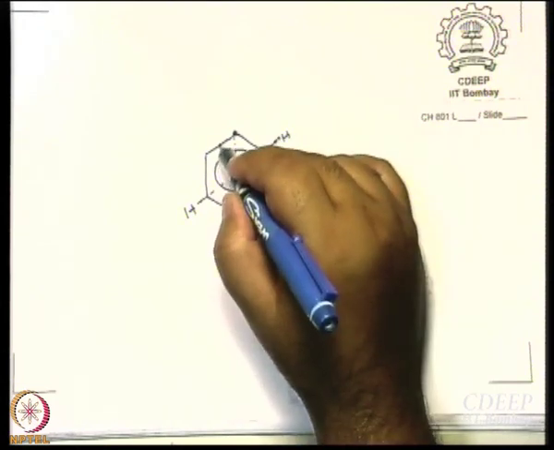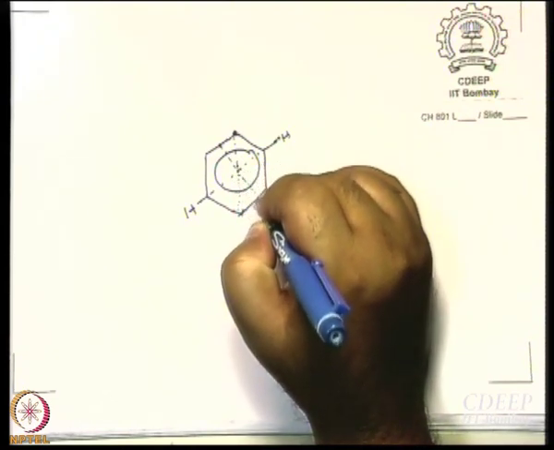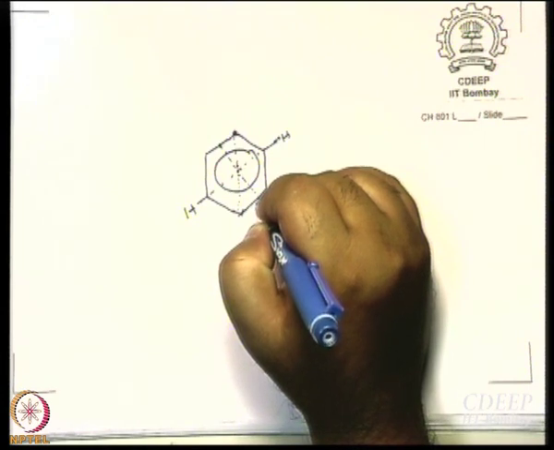Let us start from the middle of a carbon-carbon bond. Go to the center, produce a line to an equal distance on the other side, you reach the middle of a carbon-carbon bond. So start from any point in the molecule, draw a line to the center and then produce a line to an equal distance on the other side, you should get the same thing back. This is called inversion symmetry. Okay.